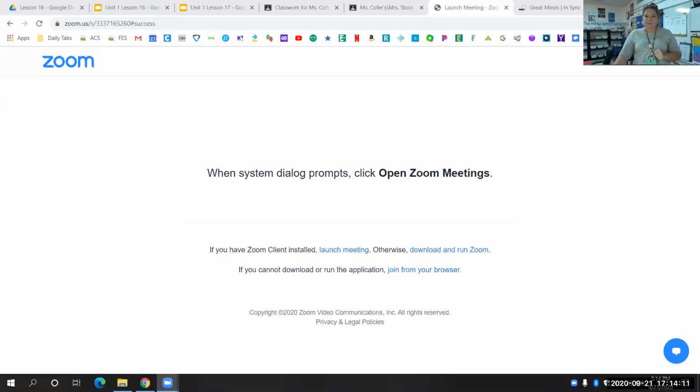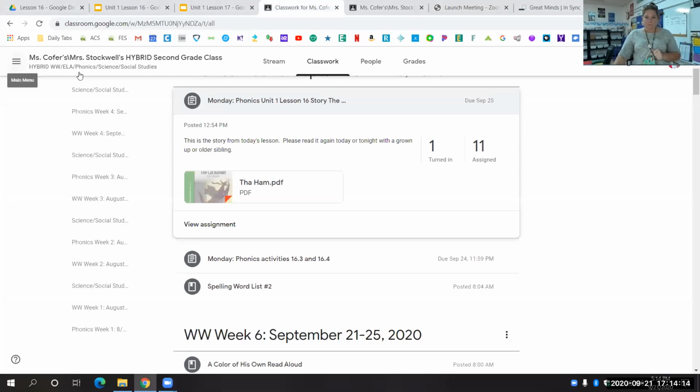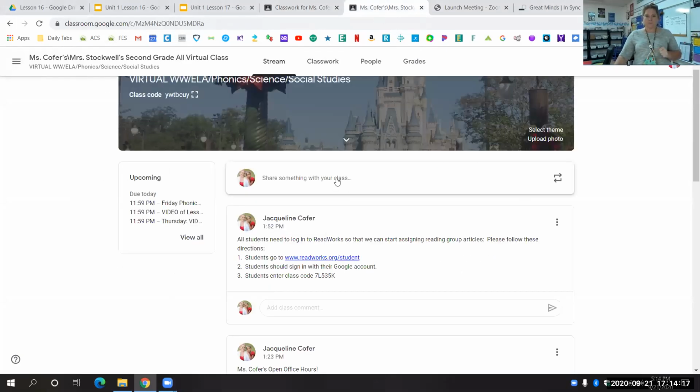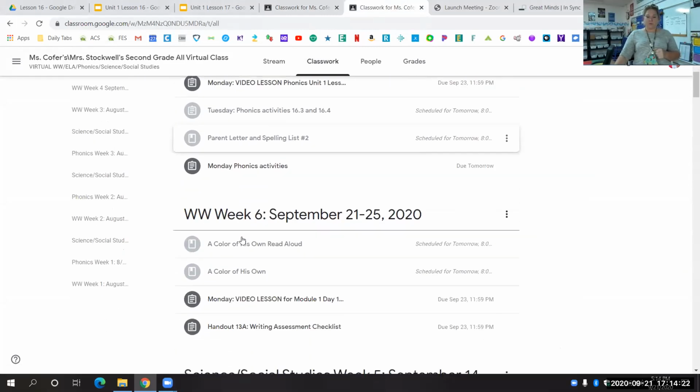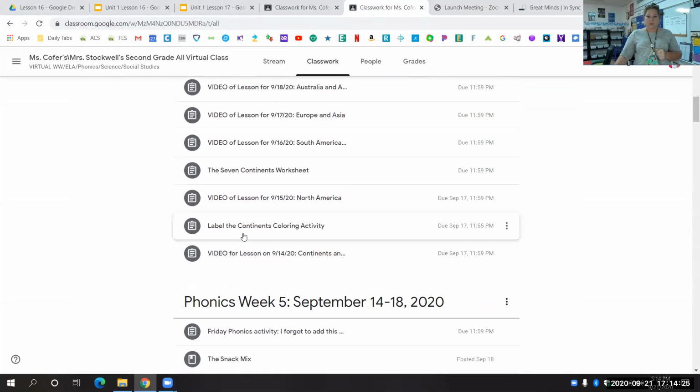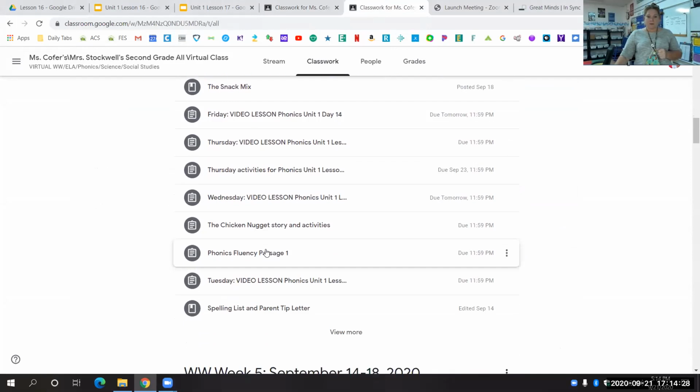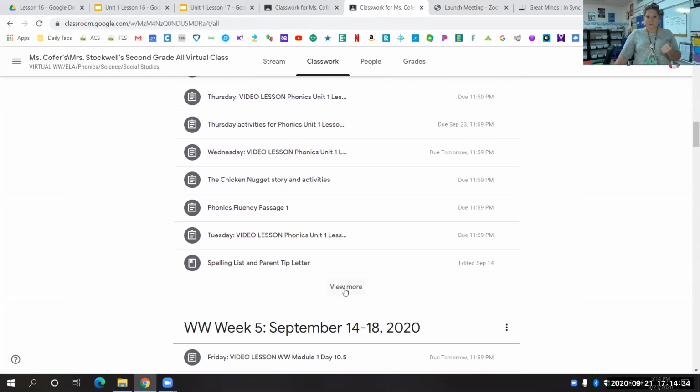Remember that the vocabulary list I gave you a week and a half ago still has this week's vocabulary words on it too, okay? So let me show you in case you've forgotten. I'm going to show you where they are in your Google Classroom. Wrong classroom. Here we go. So this is your classroom. You go into the classwork, go to Wit and Wisdom week 5, which was last week, and you're going to have to hit more, okay, because there's a lot of stuff there. So hit view more,